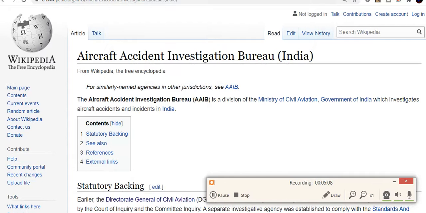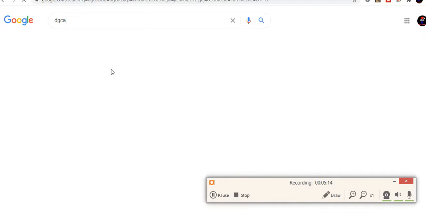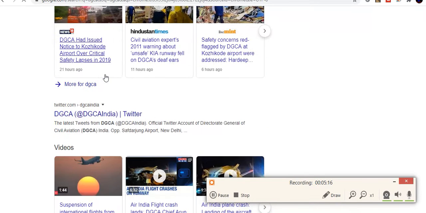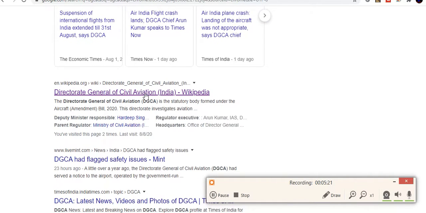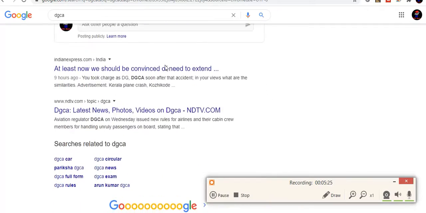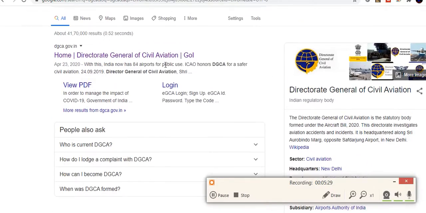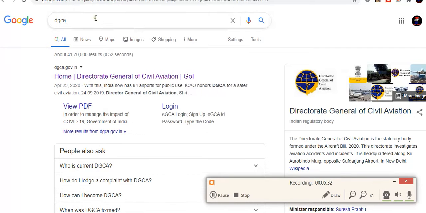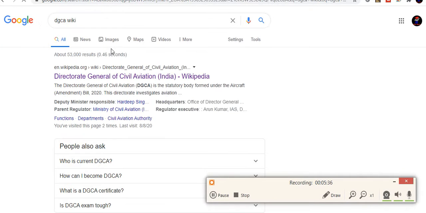Okay, DGCA is not available over here, so give me some time so that I can search it. If you just read out DGCA, we will go to Wikipedia. You can do this exercise by yourself as well, whenever I stop. Okay, so Directorate General of Civil Aviation, what is DGCA? If you are unable to find it, you can search DGCA in Wikipedia and you will get Directorate General